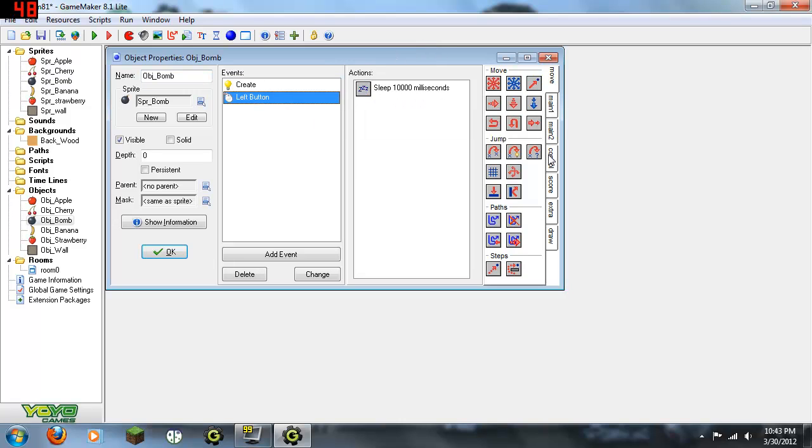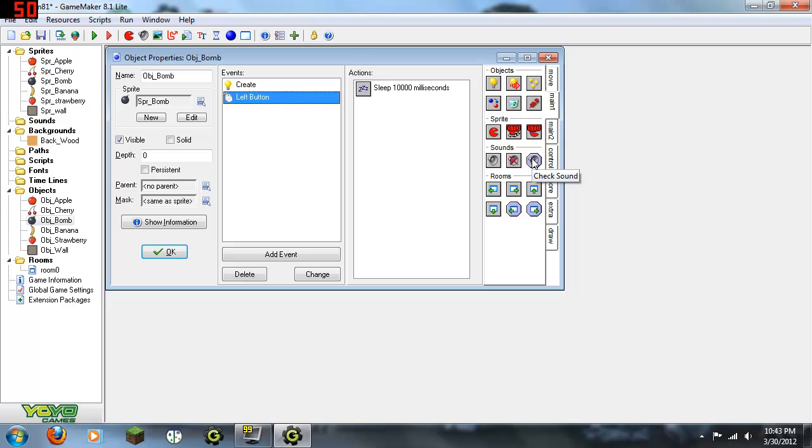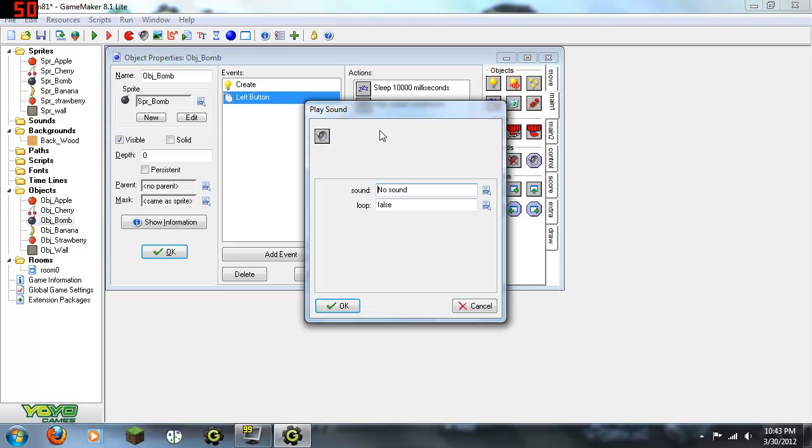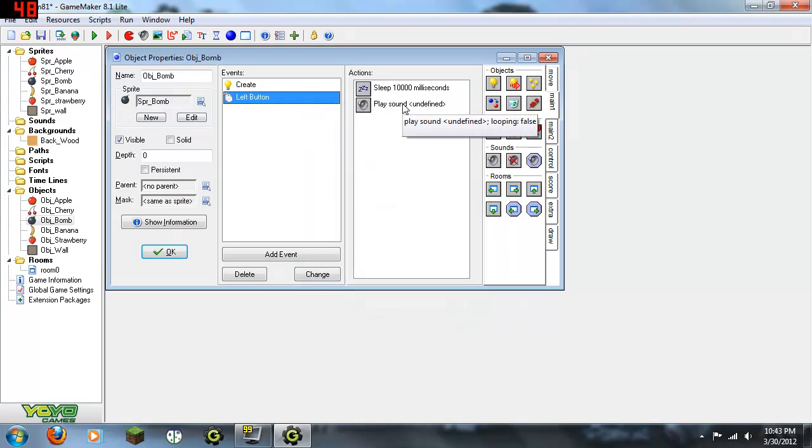So that's good. And then what we want it to do is we want to have it make a sound. We're going to make an explosion. So I'm going to go to play sound. We haven't added a sound yet, but we will have it play one eventually. The next thing we want it to do is,